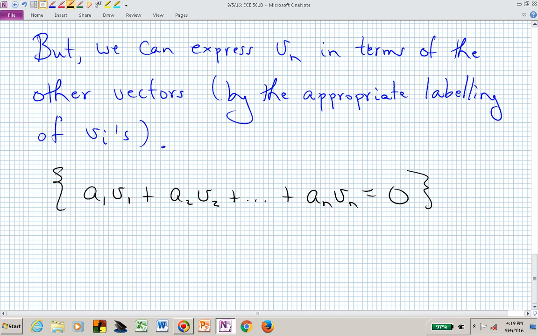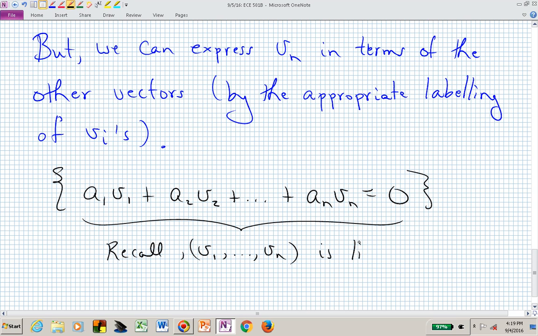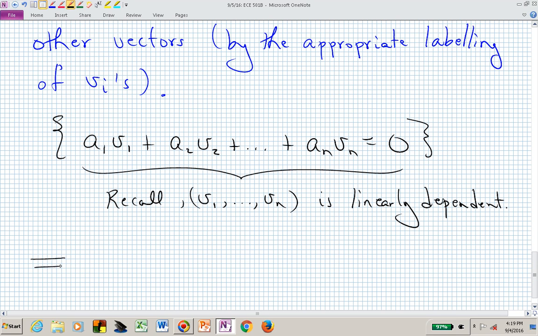Since that list is linearly dependent, that means that we can solve for v sub n, and that's what we were assuming, that v sub n was the one that was capable of being a linear combination of the previous n minus 1, so that means that this a sub n coefficient has to be non-zero, and let's divide both sides through by that and solve for v sub n, so that we now have